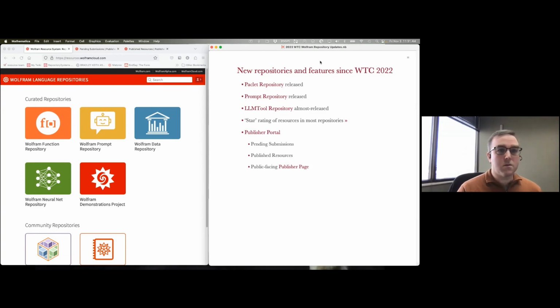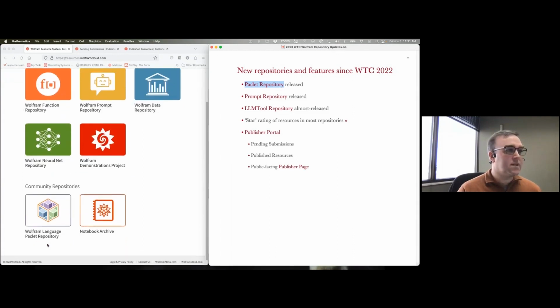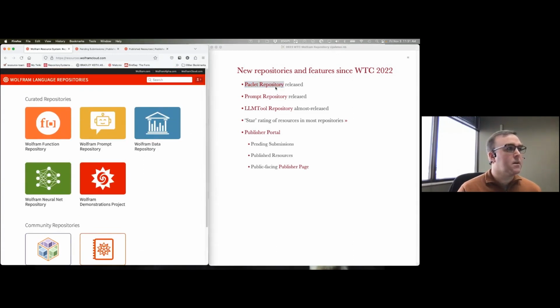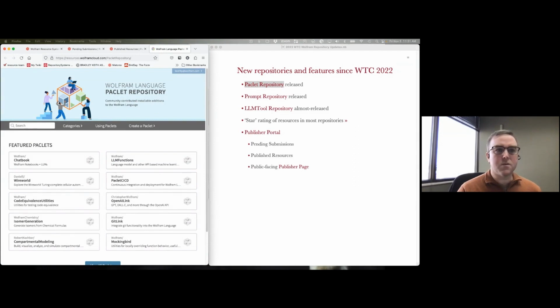So new repositories, new features since last year. If you were at the tech conference last year, you probably saw a talk or six on Paclets and the Paclet repository. That has been released. You can find the resource system repository homepage here, or resources.wolframcloud.com. And that will also give you links to all the other repositories we have. The Paclet repository is